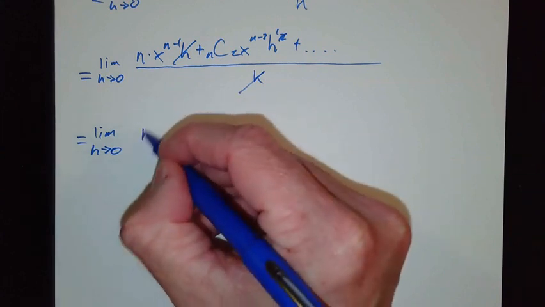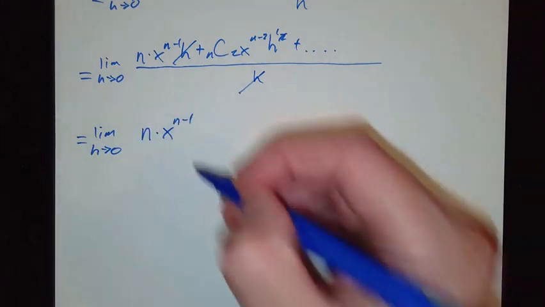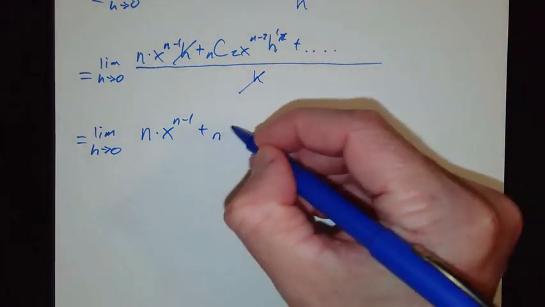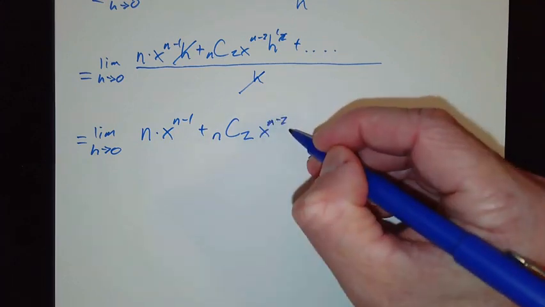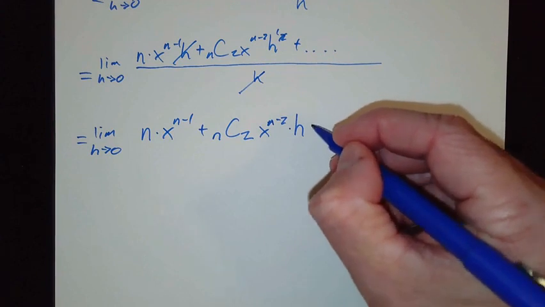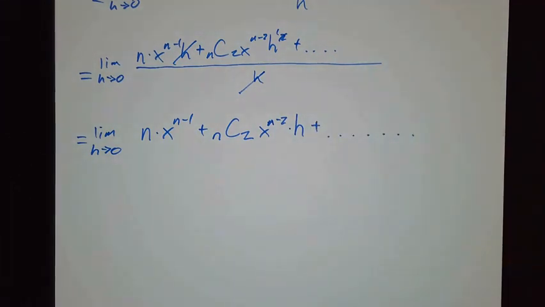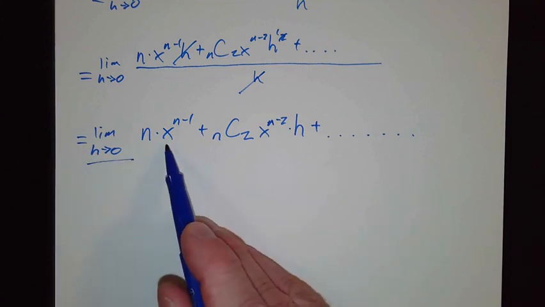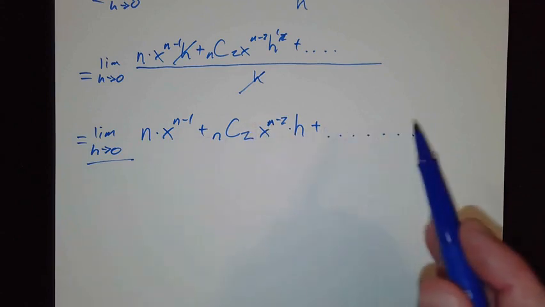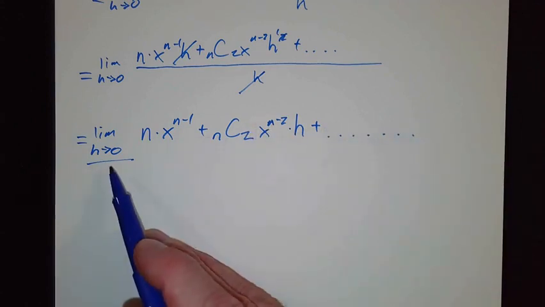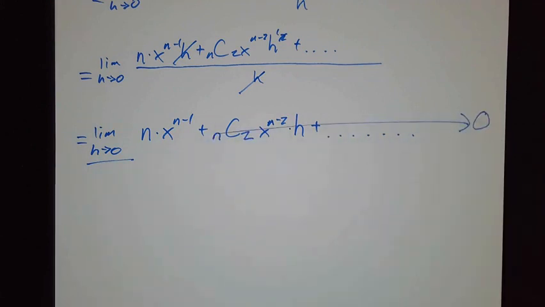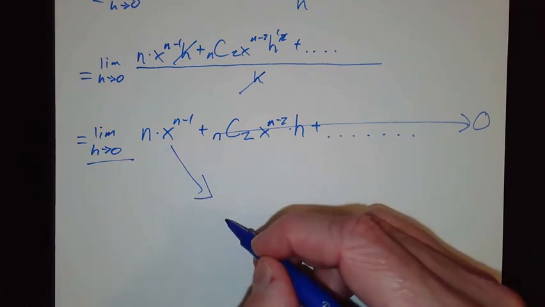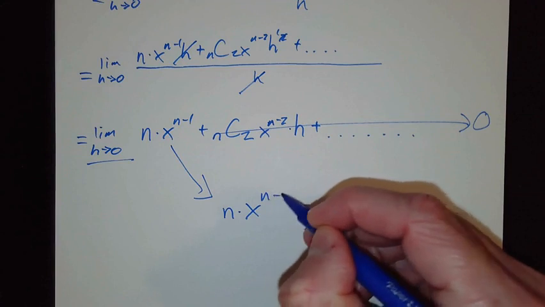Let's see, I will have n times x to the n minus 1 times 1 plus n choose 2, whatever that is, x to the n minus 2 times h to the 1 plus a whole bunch of terms that all have an h in them. And so if h is going to 0, nothing happens to this first term because there's no h's, and all of the rest of the terms would have at least one h. If h is going to 0, all the rest of these terms are going to 0, which means all we have left, and we evaluate this, is n times x to the n minus 1,